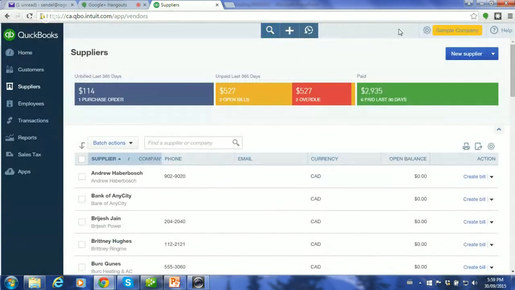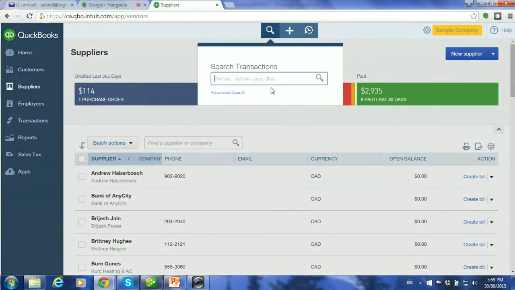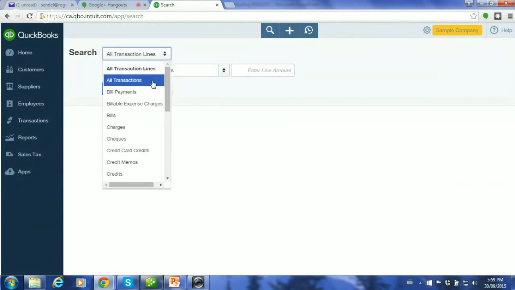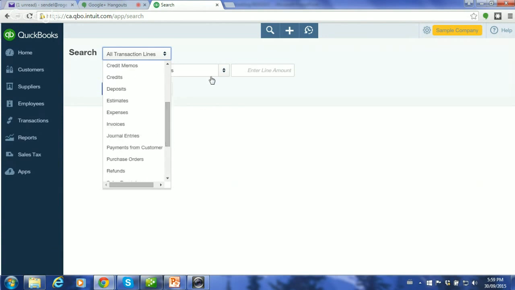The other place you will see is this search, and it's usually a little one over here. You go to advanced search, and with advanced search at any time you can look things up in so many different ways. There's really just a ton of ways to find things in your system.